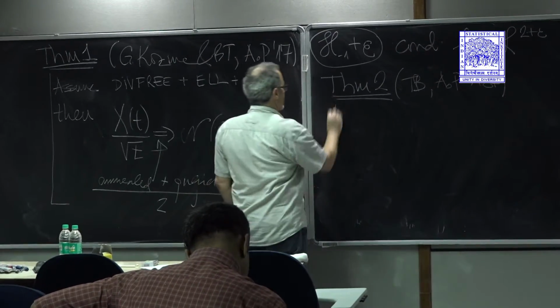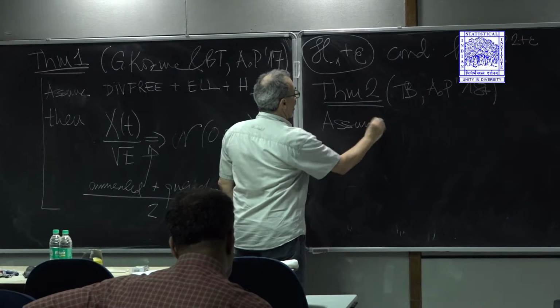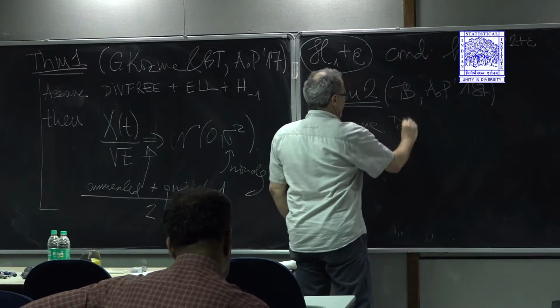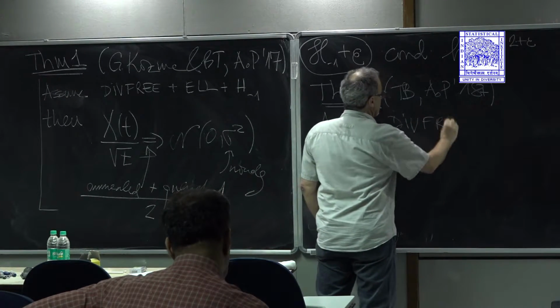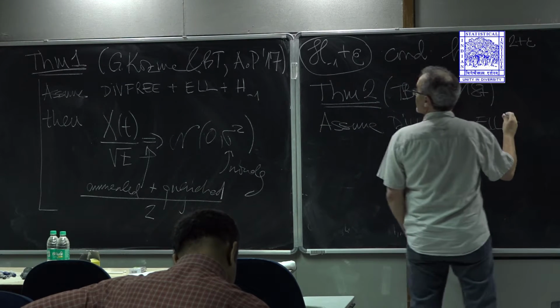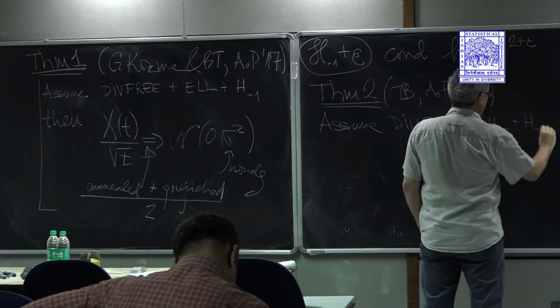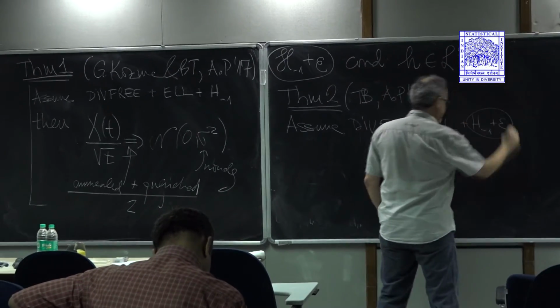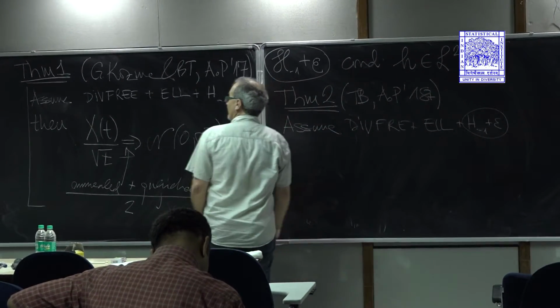Assume divergence-free plus ellipticity plus H minus 1 plus epsilon together, then